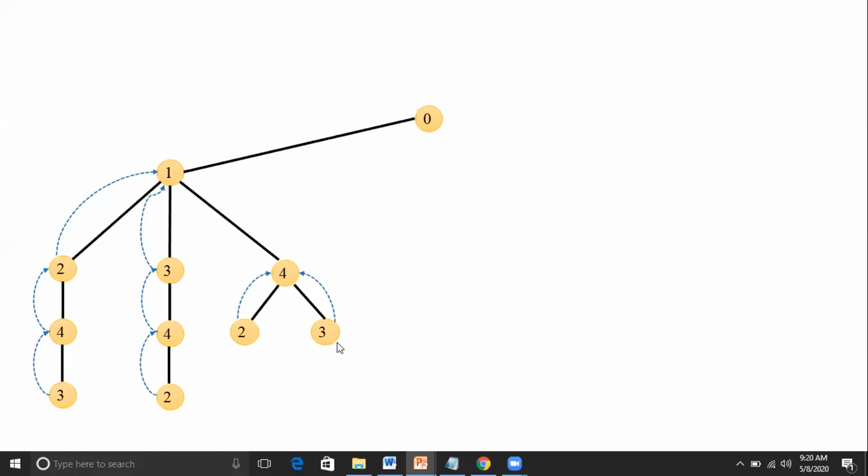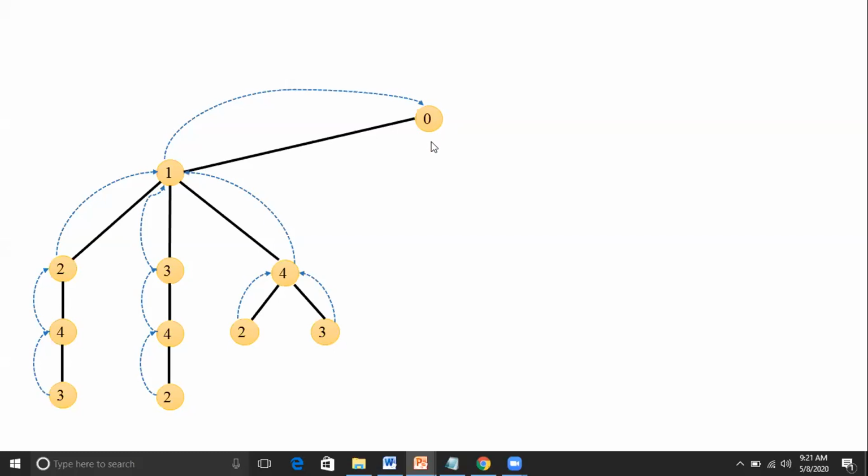Backtrack to 4. From 4, do you have any other cities to be visited? No, sir. Backtrack. From 1, do you have any other cities to be visited? All the paths we have traversed. So we have to go back to which node now? 0. Can you see this path?